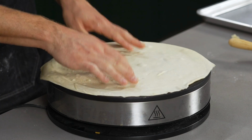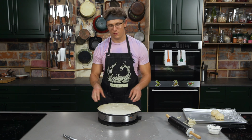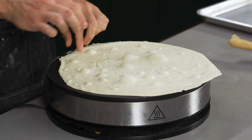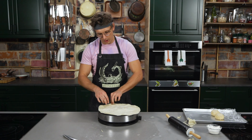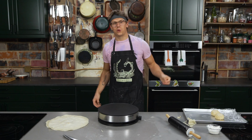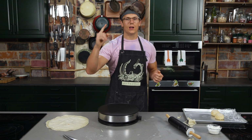You want short little pitter patters with your hands to ensure that you don't burn off your fingertips, but if you do, you can get away with like any crime if you really think about it, because that's how they get you. So we got this tortilla. Hey, look at that. We made a tortilla. We just want it cooked just so it's pliable to work with. That's hot. So now we got big ol' honkin' tortilla, and now we're gonna go ahead and make our mustard fried animal style burger patty